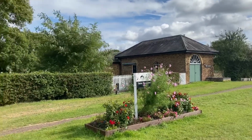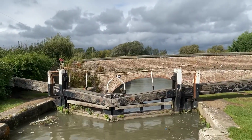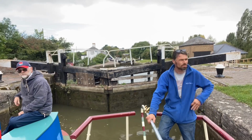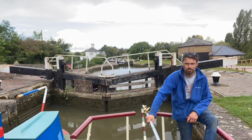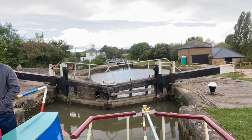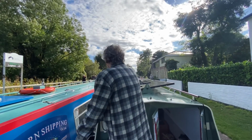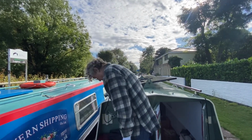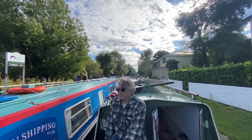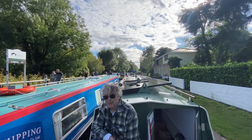Right, we've just done Stoke Hammond Lock. Look at that, beautiful. Well, Will's enjoying this lock because this is by the Wyvern Shipping Company. So there's lots of people out on hand because all the hire boats come in and out from here. Point to note though,